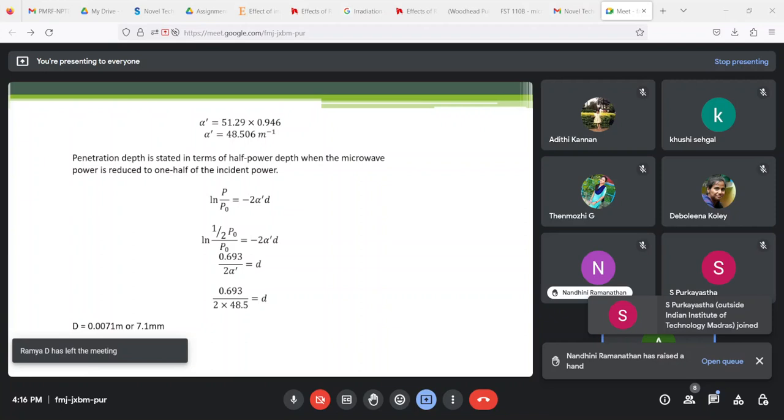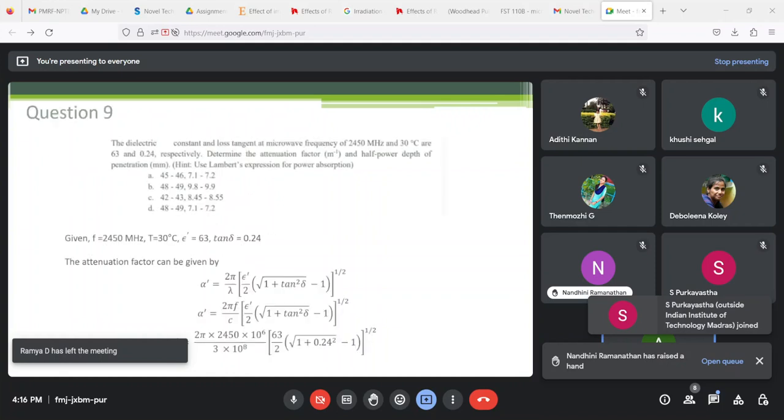Okay, we'll start from the beginning. So the attenuation factor can tell you how is the energy profile inside the